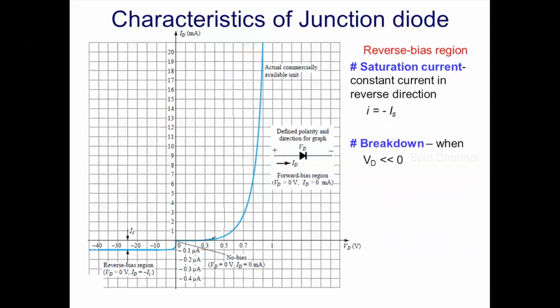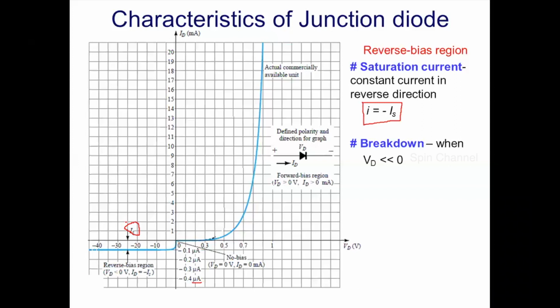Now consider the reverse bias region. The reverse bias region of operation is entered when diode terminal voltage is negative. So that is why the voltage is represented here as negative and the current is also negative. If you look at the magnitude of the current, it is given in microampere because you know that the only current which flows in the reverse region is the saturation current. So that is of the order of 10 to the power minus 15 ampere. The current is almost going to be constant here. So this constant value is nothing but the saturation current.